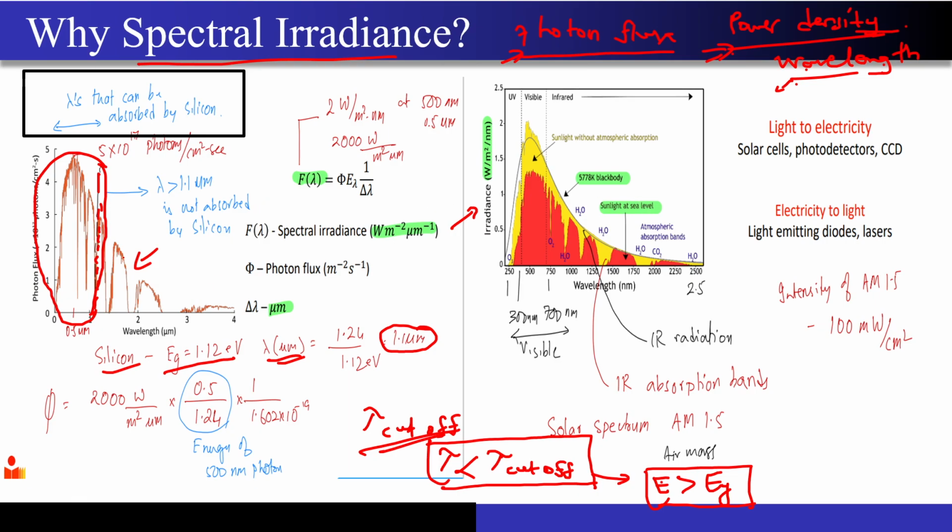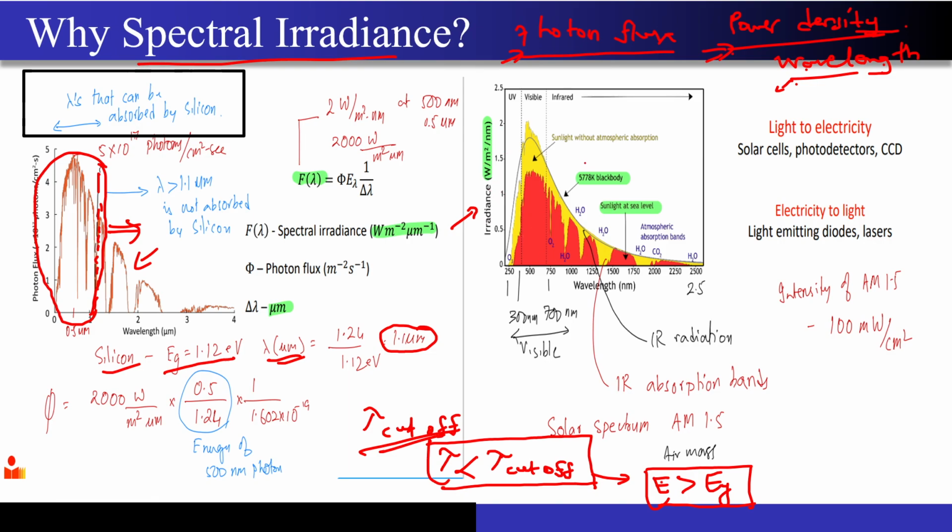So I can directly discard the region which is present on the right side of this highlighted area. I can right away reject it because my semiconductor material will act as transparent for these particular wavelengths. Now I have to first know the distribution of the light source that I am using to shine light on the semiconductor. Distribution in the sense of how much power there is per unit wavelength.